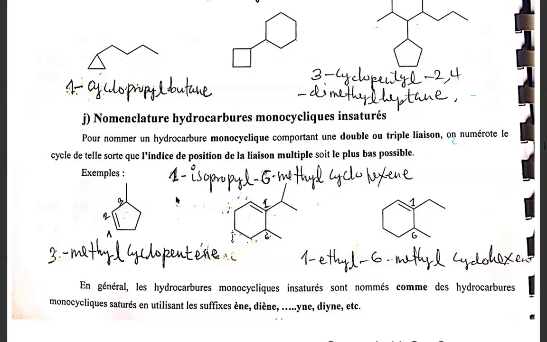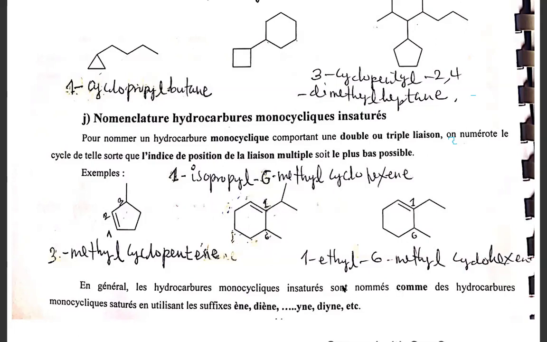So is it clear for everyone? You can either use the isopropyl nomenclature, that is the nomenclature UCL, or you can use the IUPAC nomenclature, where you independently name this chain here. You name this chain independently. Then at position number 1 you have isopropyl, and at position number 6 you have a methyl. Therefore, the name will be isopropyl, this whole thing here, and at position number 6 a methyl, 6-methyl